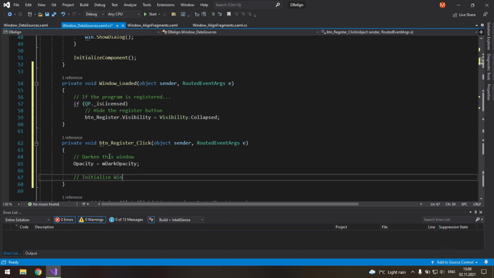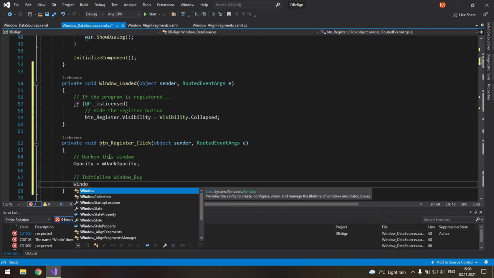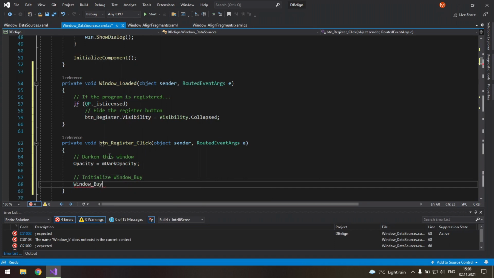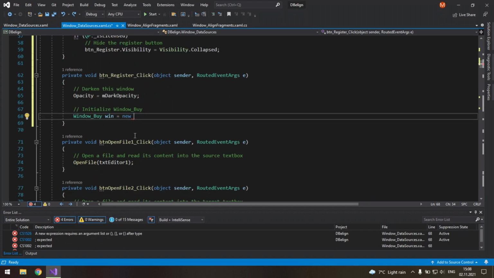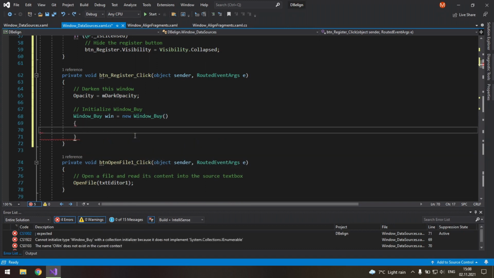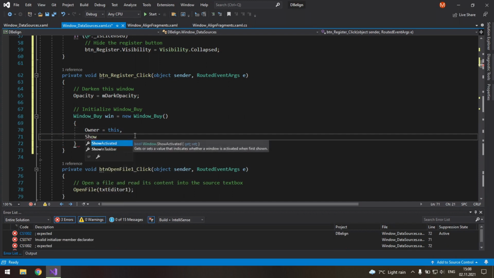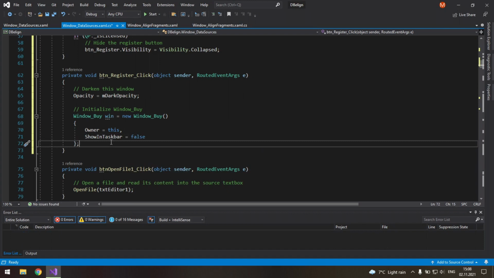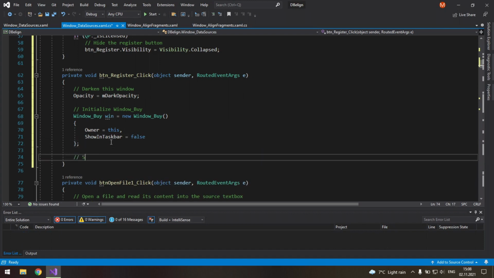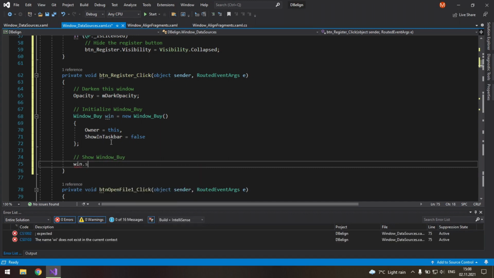So initialize window by, and here window by, let's call it win, equals new window underscore by, and we will set the owner to this window, and we will not show it in taskbar. So let's set it to false, and then we need to show it. So show window by, so window dot show dialog,